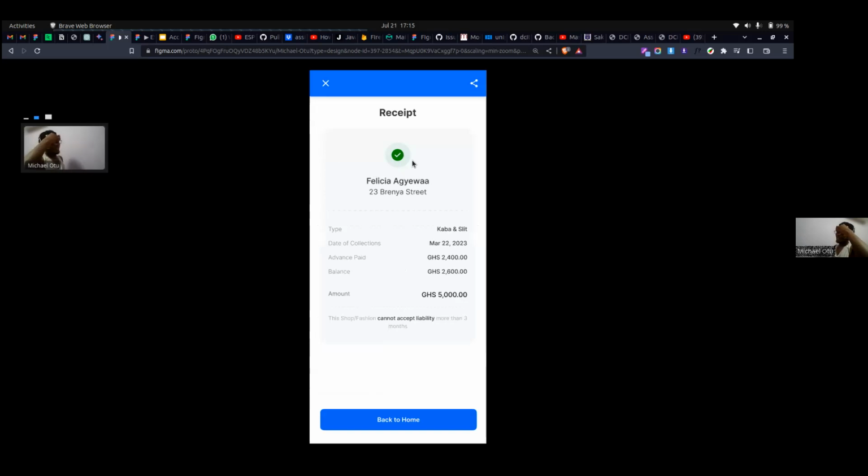So here, as you can see, there's a receipt for the current job. So the type is kaba and slit, and then the date of collection is the 22nd of March. And then there can be an advance payment, and then also a balance, with a total amount of 5,000, right? So here there's a small notice, which is, in a way, to solve disputes between the user of the app, that is the tailor, and the client, whereby they leave their materials with the tailor or the seamstress, and over 3 or 4 months, they never come back for their material, right? So yeah,